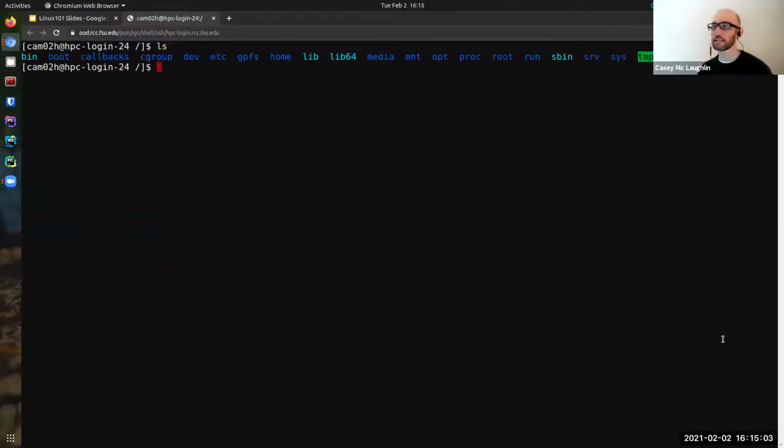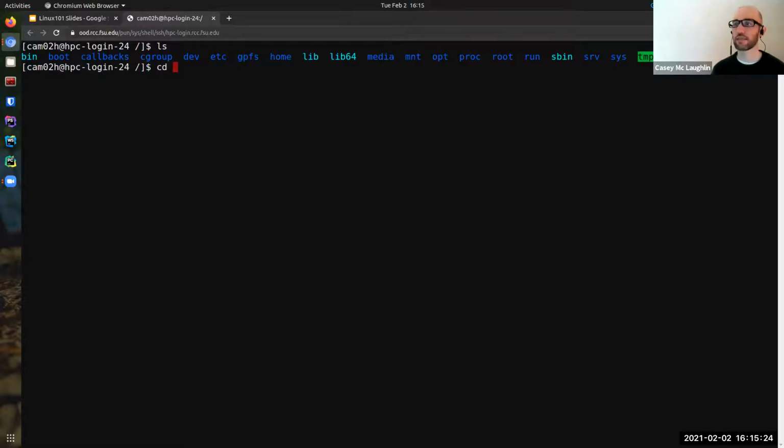clear the screen, do another ls, and let's dive into one of these subdirectories. We'll try etc. So there are two ways to move around the system, absolute paths versus relative paths. And I'm going to go over what each of those terms mean right now.